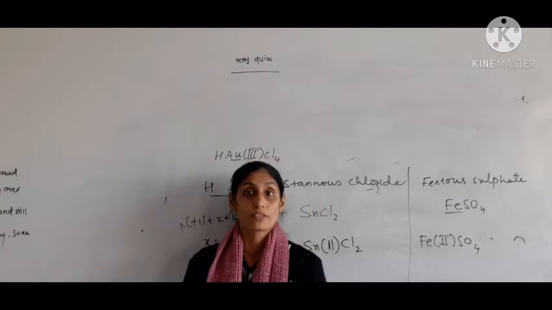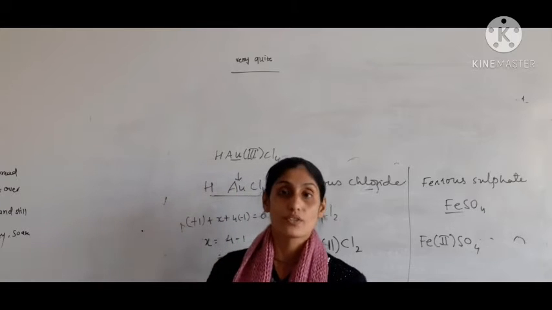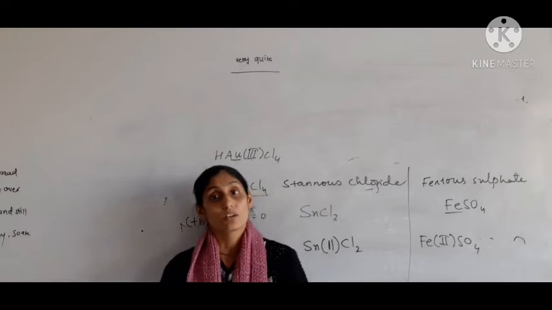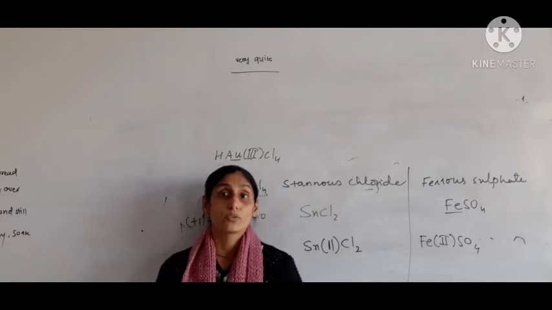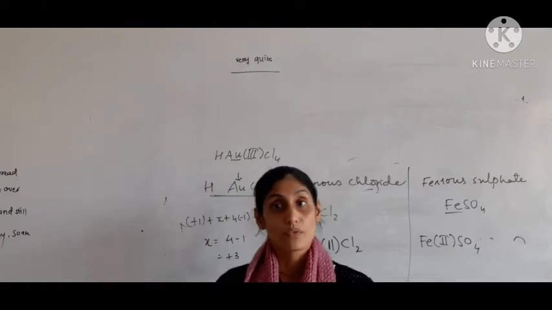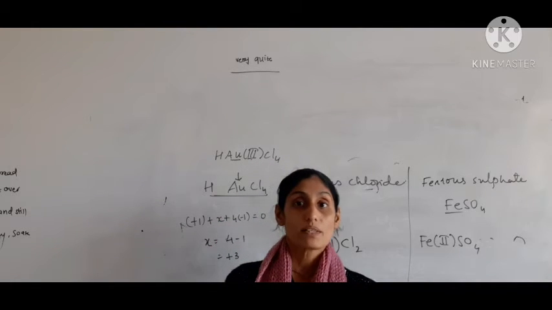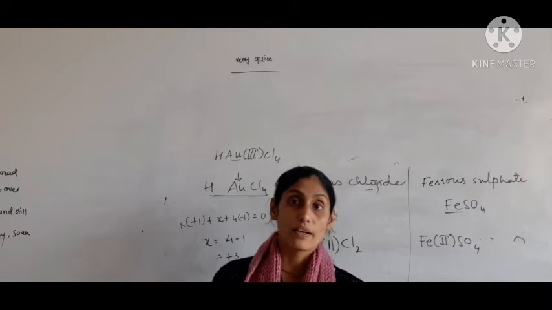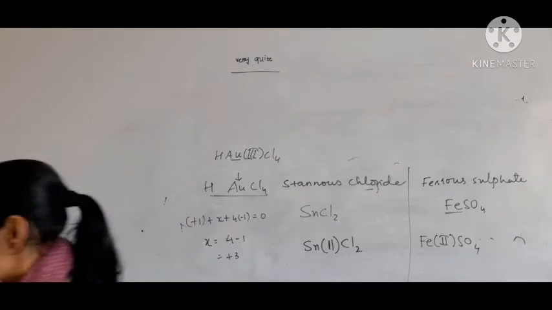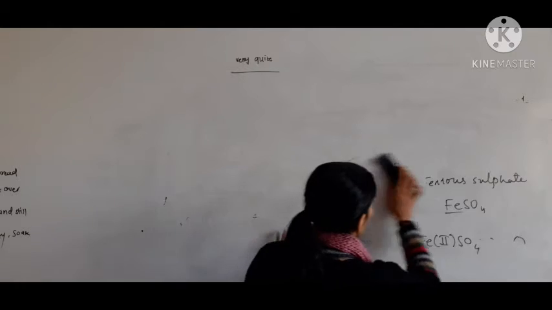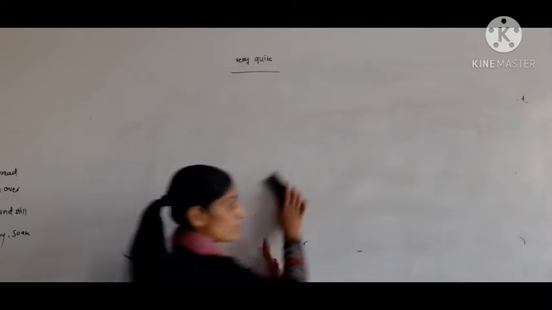So children, this is the very last topic of your chapter. When we talk about periodic properties, that means when we talk about particular elements, they have their own identity with the number of electrons, protons, and neutrons. So first, about valency: what is valency? Valency is known as the combining capacity, children. The combining capacity of any element is known as valency.